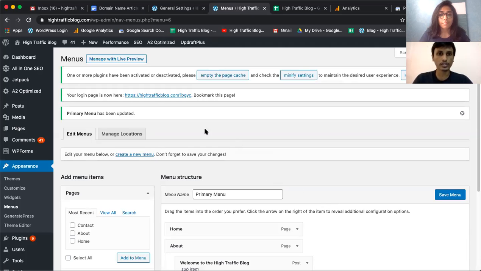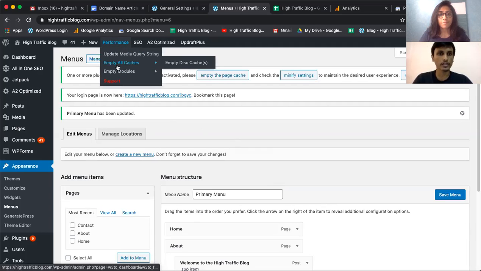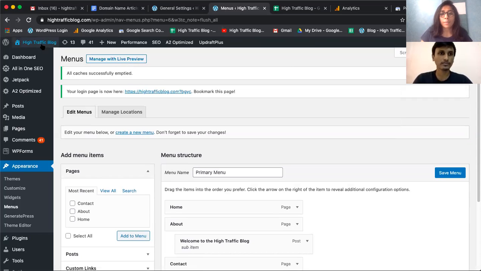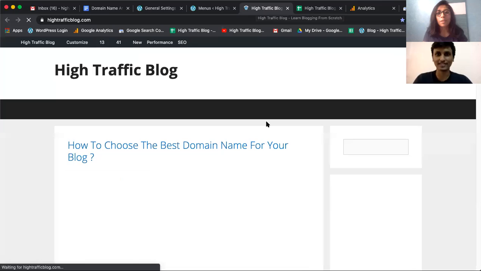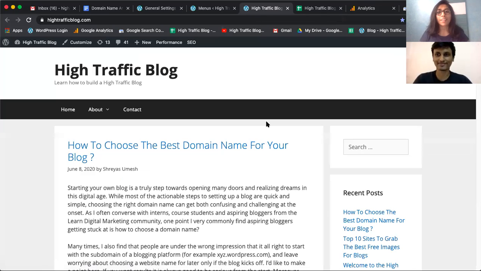And every time you do such customizations, you should always go ahead and clear the cache. So I'll go and clear the cache. Saving and clearing are two basic steps, but sometimes just not doing that might actually freak us out. I'm sure there have been times where we've just not clicked on that save button and you're like, oh my God, what happened? So as you can see, there is the home page, there is the about page. And when you hover around this, you can also see the blog post that we just assigned as a sub item. So you can do one more level of nesting under this. But for now, I guess this is good to go.